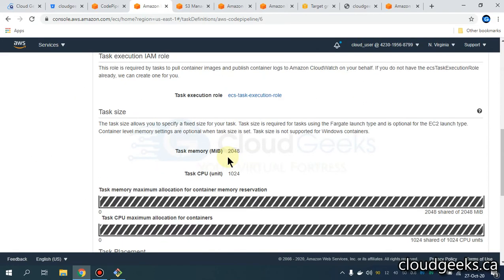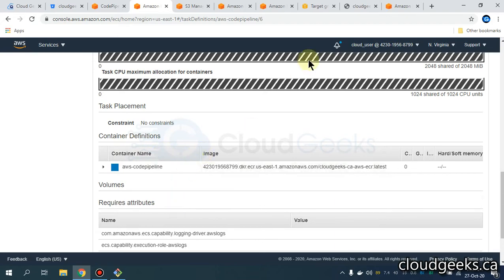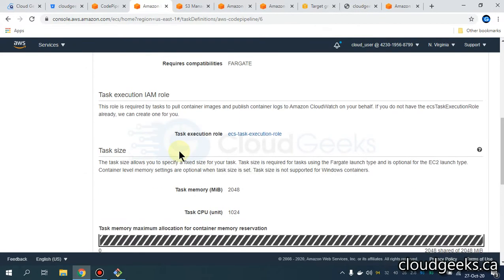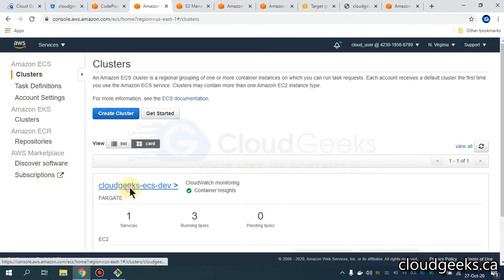Navigate to the containers section and you see the image that it is going to deploy, and if it has the privileges to pull the image from the ECR, then it is going to work fine. So if I navigate to my cluster section,